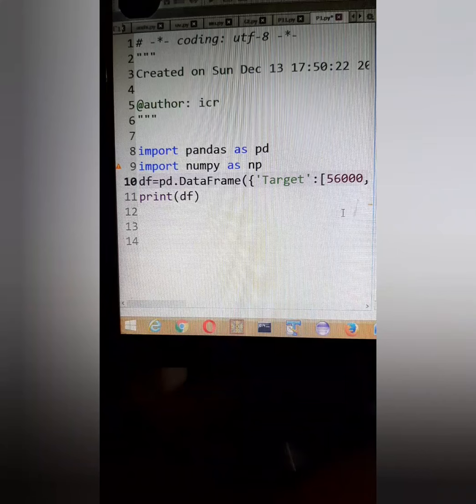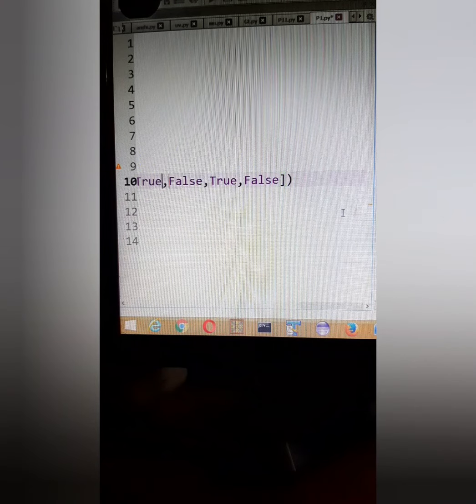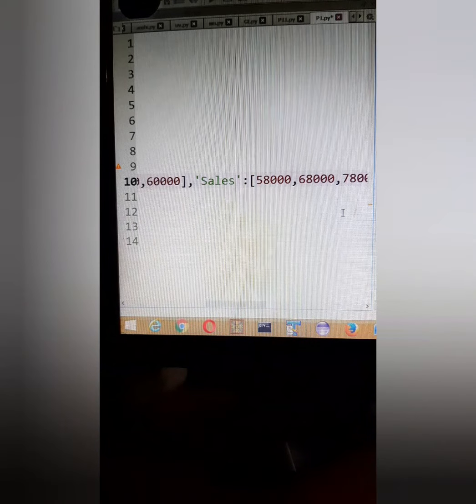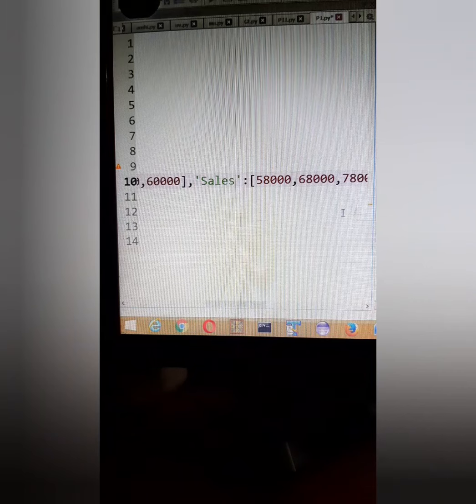True, false in the sense that if suppose I write here the sales less than the targeted value. In the previous data frame, the sales was 58,000, which was more than the targeted value of 56,000. If suppose it is 50,000, let's make it 58,000. This was having false, so we'll write 6,000.